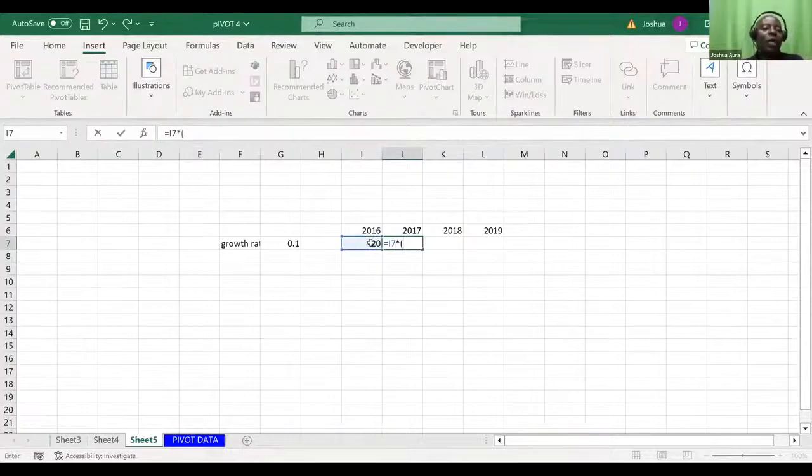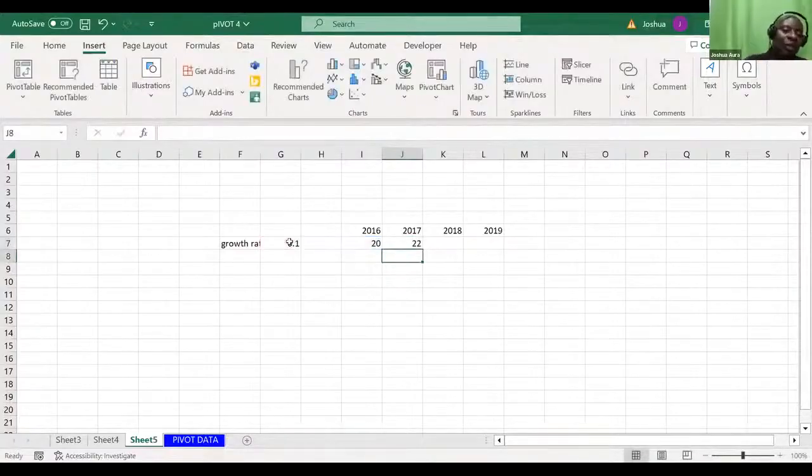If it's growing, then I have to talk of 1 plus R. So we have here 1 plus the R, the growth rate, which is this 10. And then you close bracket, and you hit enter. So in this case, it means that the 2017 figure will be 22.